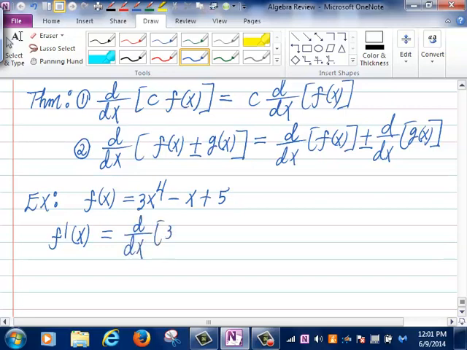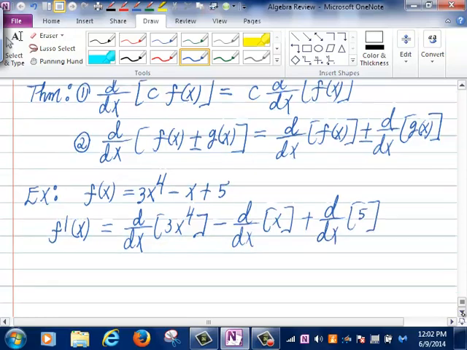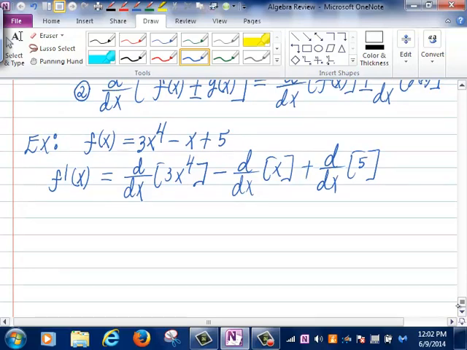By the sum and difference formulas, I can say that this is the derivative with respect to x of 3x to the 4. That is, I can take the derivative one term at a time. So this is the derivative of the first minus the derivative of the second term plus the derivative of the third term. And I could do that because of the second part of the previous theorem. And then the first part of the previous theorem says if I have a constant factor, that can be taken outside of the derivative. So this is 3 times the derivative with respect to x of x to the 4